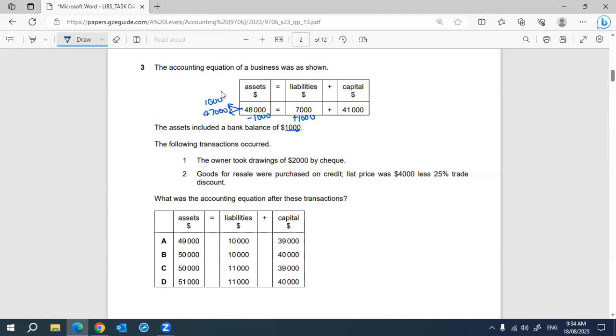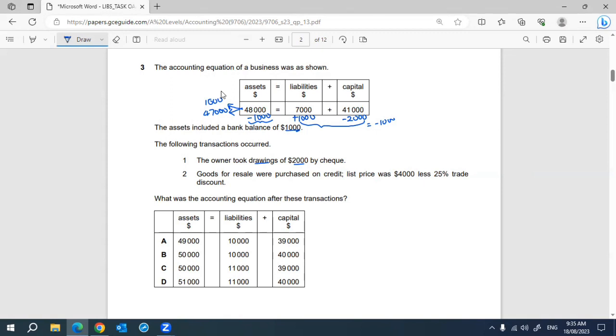Okay, and since this is drawings and the value is 2,000, and as we know, drawings decrease capital, this would be minus 2,000. You would want to check and see whether the accounting equation balances. As you can see, 1,000 minus 2,000 equals minus 1,000 on the right hand side, and it's balanced by this minus 1,000 on the left hand side. Okay, so therefore